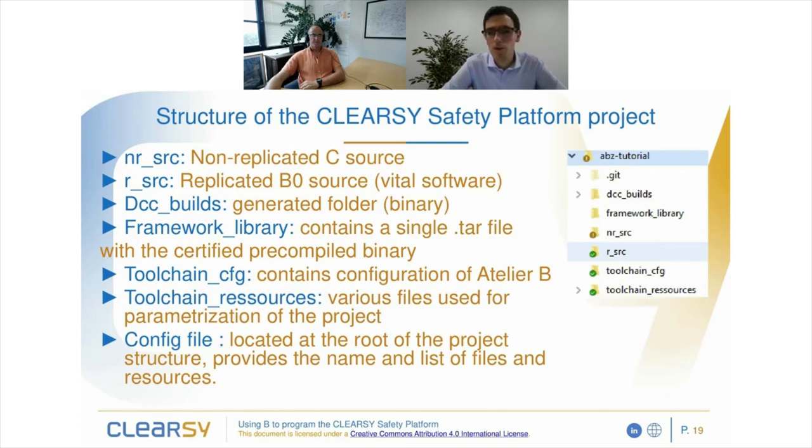The DCC builds folder is generated by the compilation toolchain, and it contains all the intermediate files and the final binaries. Framework library is meant for holding the precompiled certified binary. And you have 2 extra folders, which are toolchain config and toolchain resources, which are for configuring the atelier B